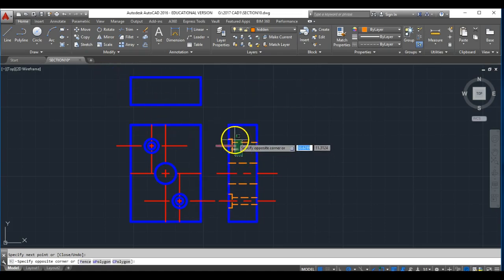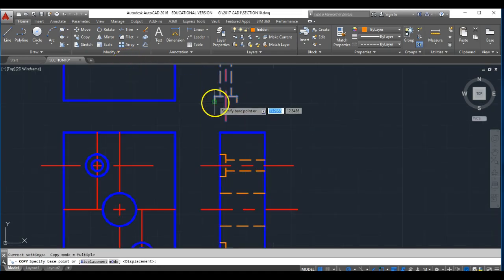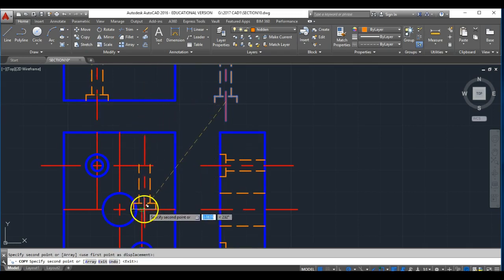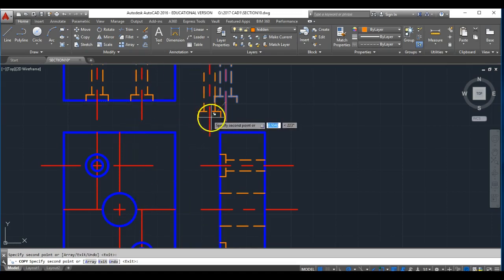These counterbore holes from the side are going to look exactly the same. So I'm going to copy up, rotate, and then copy, because I'm going to have more than one. And then where this edge would hit the center line, bring that up there, center line, up there,